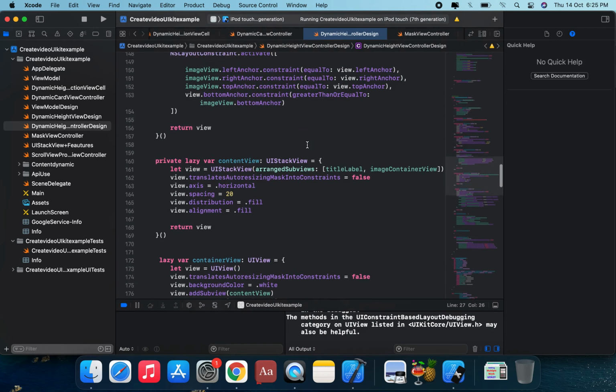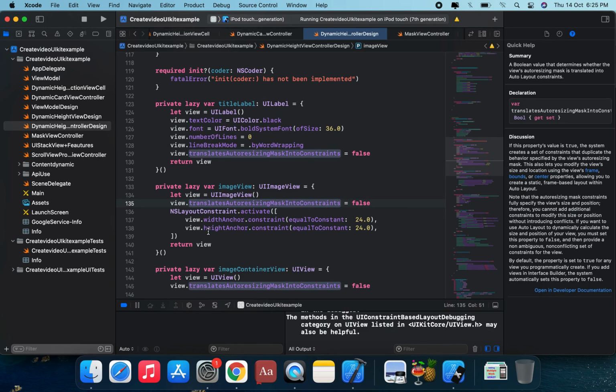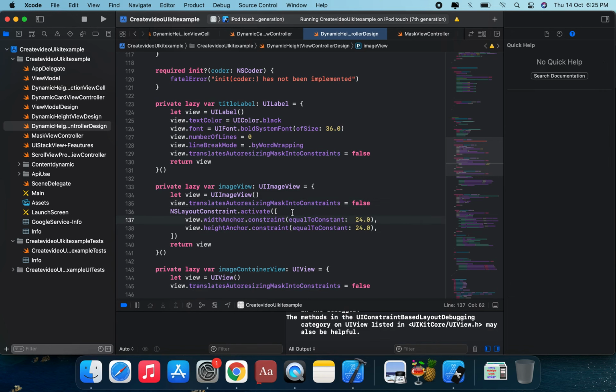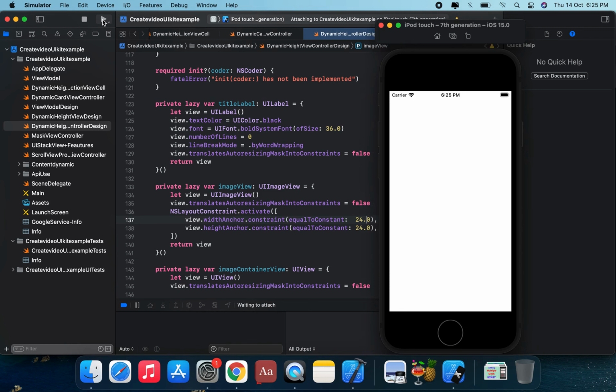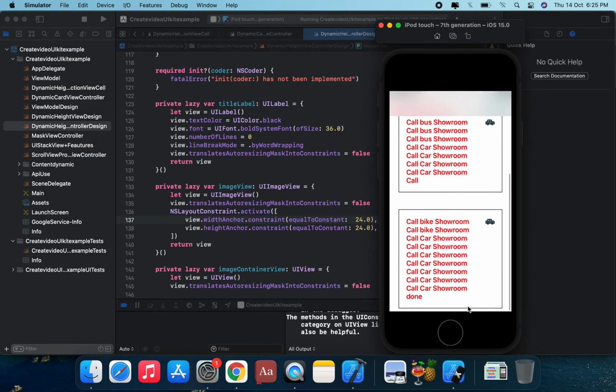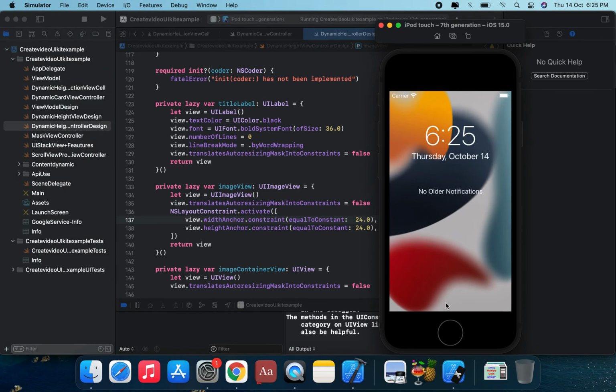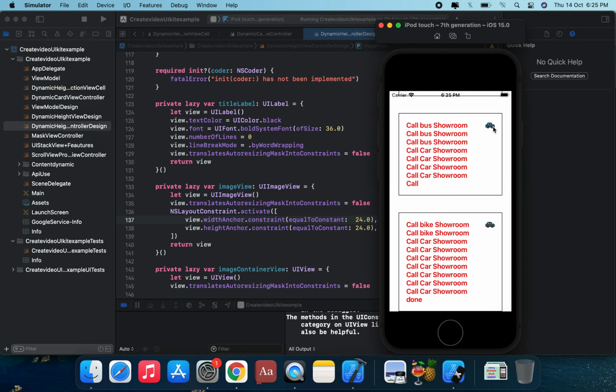Okay, now we're gonna add on this width and height, and we're gonna check on this width and height in this image. So in this image we're gonna apply these two constants, width and height. Okay, and we're gonna run this application. This is the same result on this image, but it's not a problem in this image. This is the image with 24 width and 24 height.